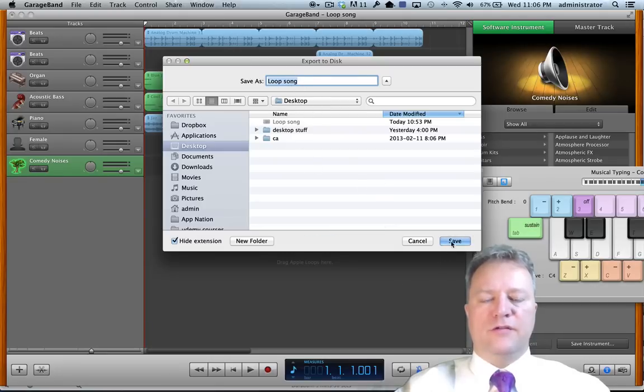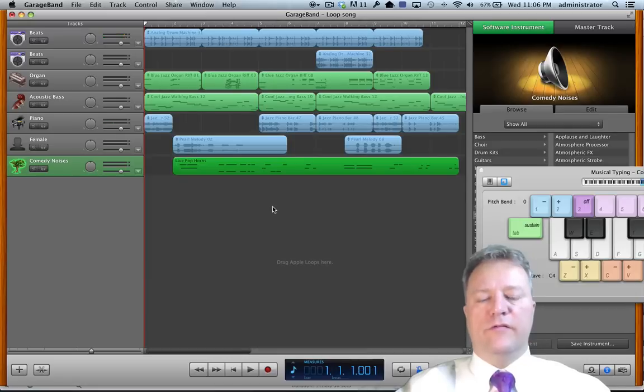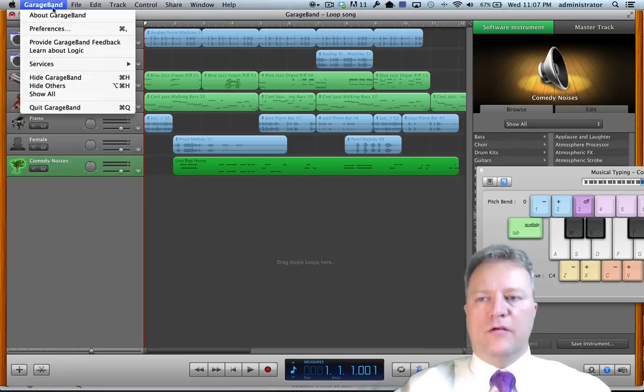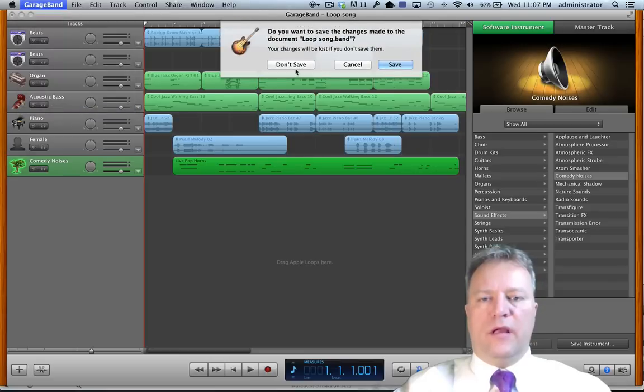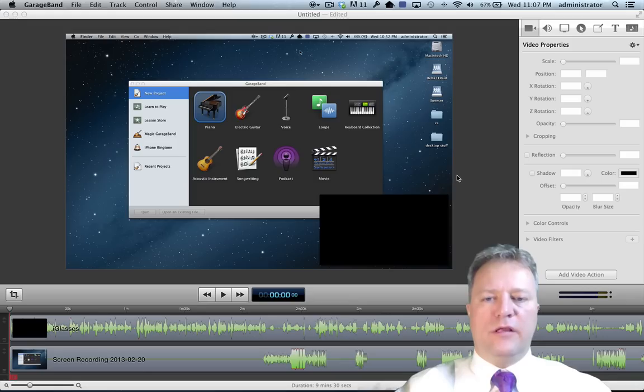We'll save it on the desktop with our project, and that'll take a few minutes. Oh, very quick, very short song, and then we're all done. So don't be confused. The song and the project files are two different things. The project files we can alter and come back and change. The song we cannot. So I'm going to quit GarageBand, and I'm going to save my loops, and it's going to ask me if I want to put in a preview. I'm going to click yes,